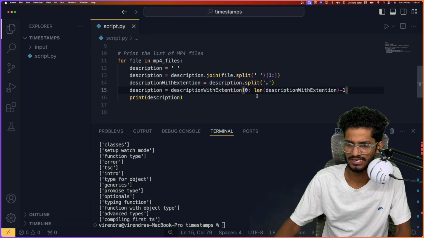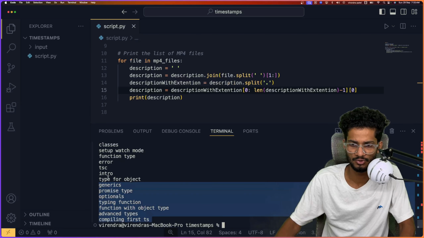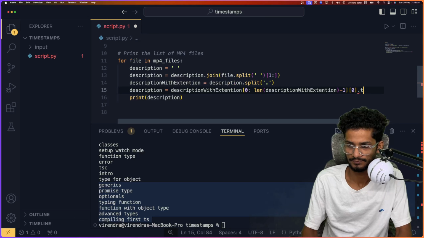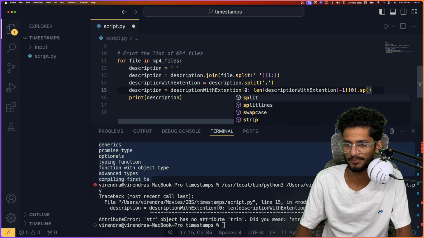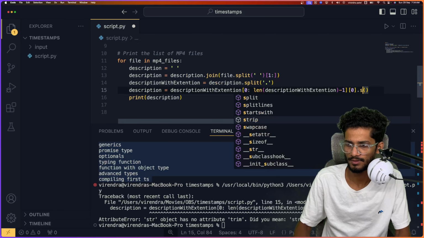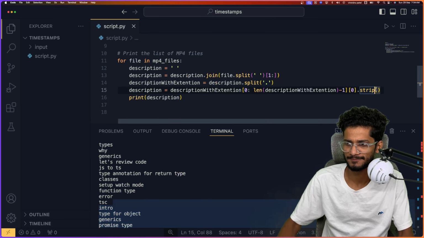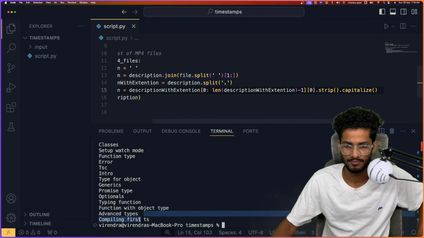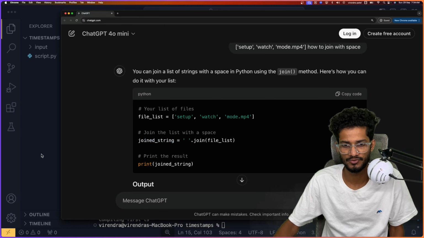Now I want the first element from the description. This will return the list. I want the 0th element from that list. I have the 0th element. I can also trim it. Do we have trim? No, we do not have any trim. This is a strip. A strip. Perfect. Now I have file names. Okay, let's capitalize. Dot capitalize. Perfect. I have capitalized the response, and now I have all the values which I wanted to use